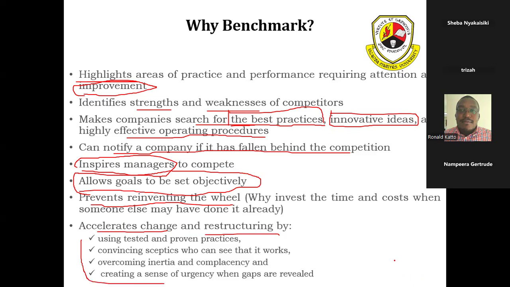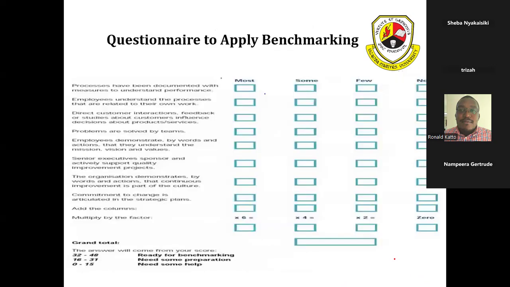We can go through this further as we go through benchmarking. Here is a sample of a questionnaire. I'm not sure it's very clear, but here it is. So once one goes benchmarking, you go prepared. You're going out there to collect data, which you're going to analyze, and later on clearly identify your gaps, the gaps for yourself and how you need to close them. So you'd typically have a tool such as this, and let's look at this question here, which says,